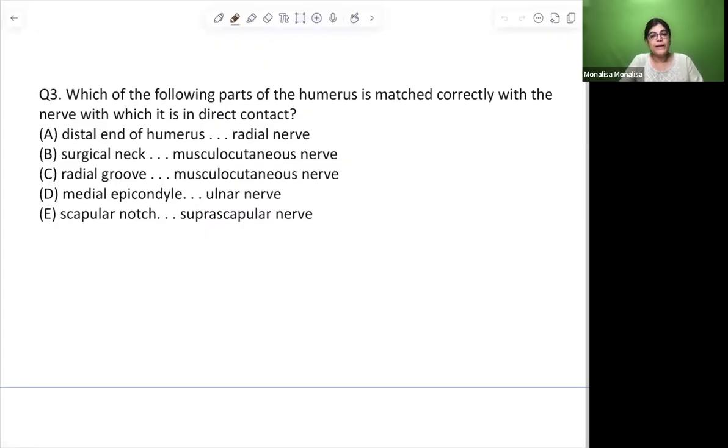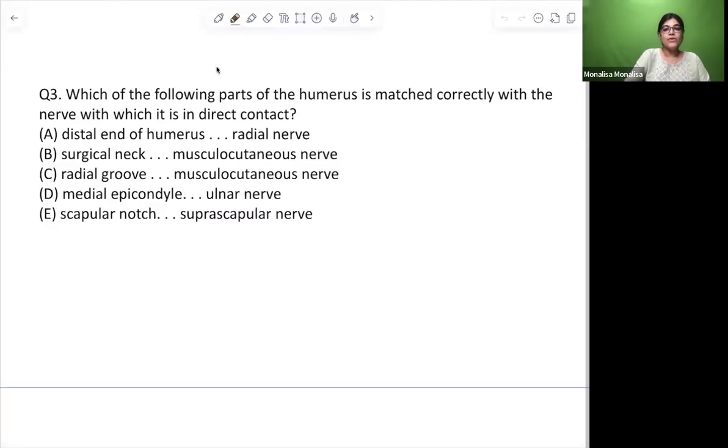Distal end of humerus related with the radial nerve, surgical neck related with musculocutaneous nerve, radial groove related with musculocutaneous nerve, medial epicondyle related with ulnar nerve, scapular notch with suprascapular nerve. I am here to explain the answer, but I want you to give a quick answer, those who are able to understand. Yes, many of my dear students are giving the absolutely correct answer, and the correct answer is